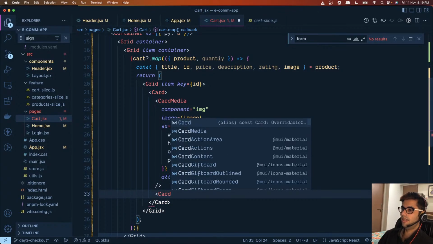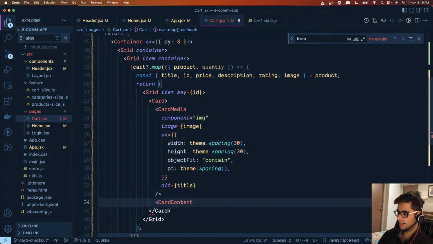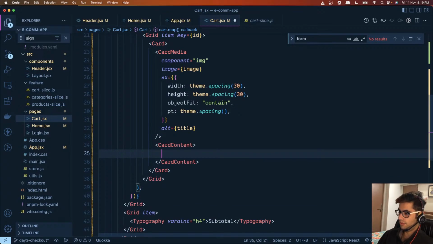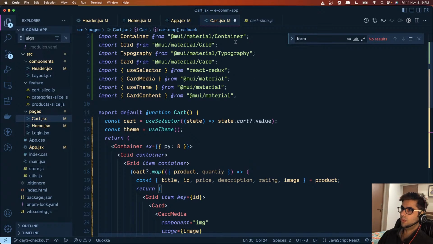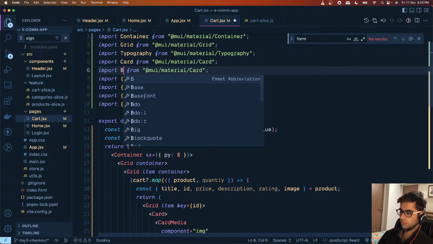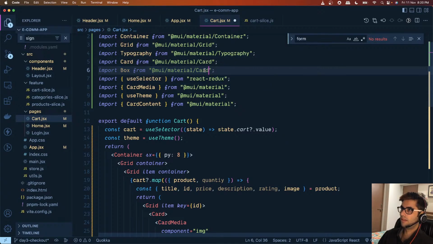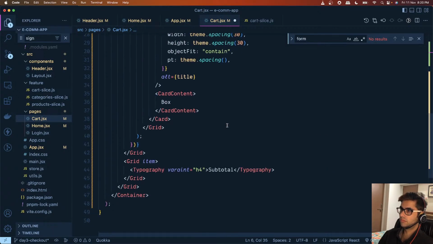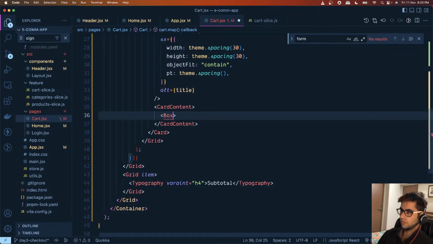Then we need the card content as well. So we will get the card content, and this area we will use for displaying the contents of the card. So what we will do over here is let's import a box from here. And here we have the box component. Let's give this some styling,